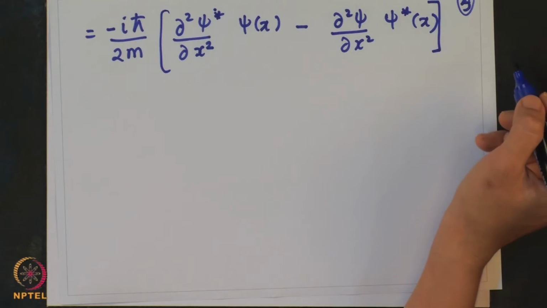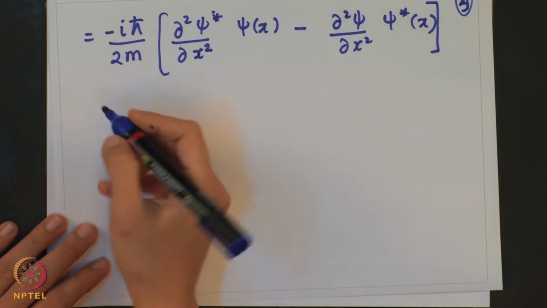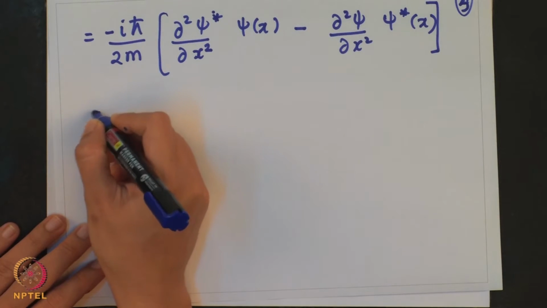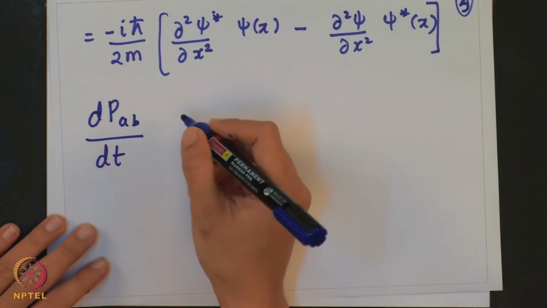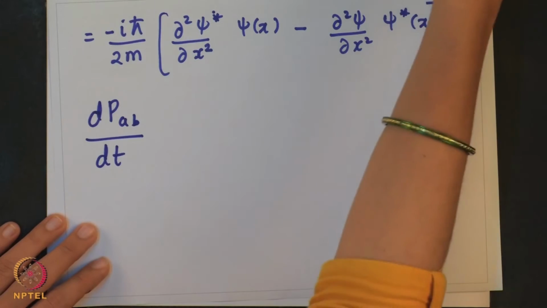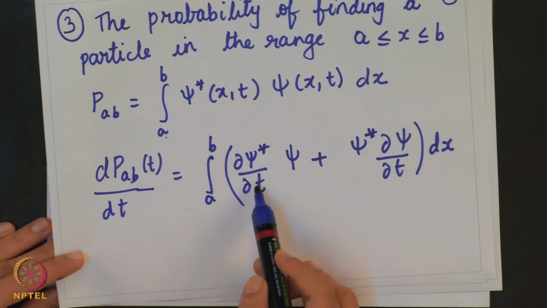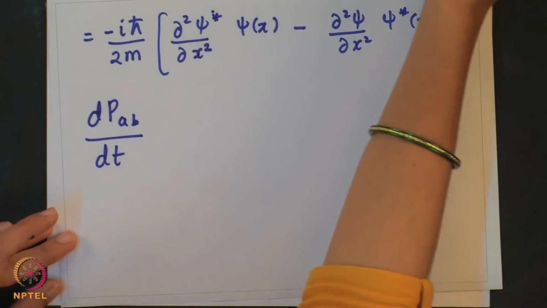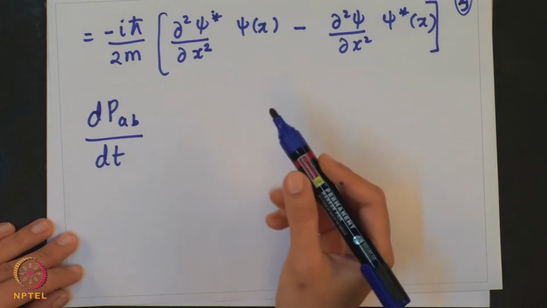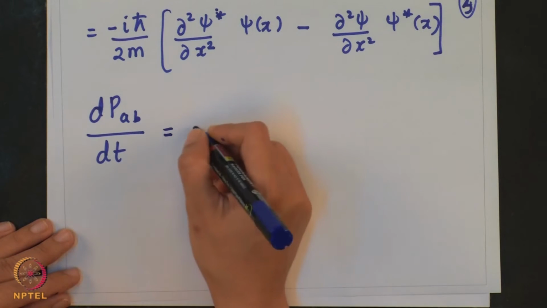So, now what I have to do is integration by parts, and after doing integration by parts, what I obtain is just a simple form. Let me get back to our expression, which is this expression. dP by dt is this. I have substituted for these two quantities, multiplied the first equation by psi star and the second equation by psi, and added those two equations. So, this would give me